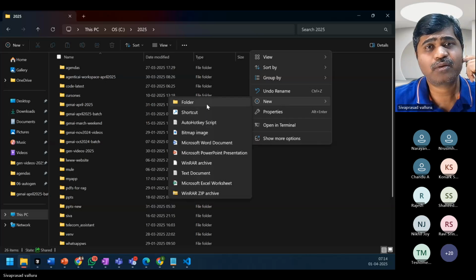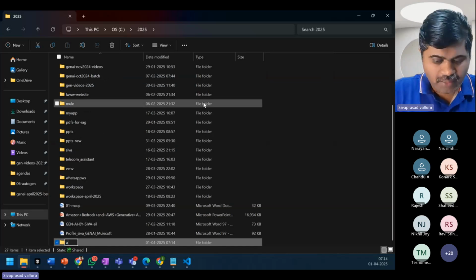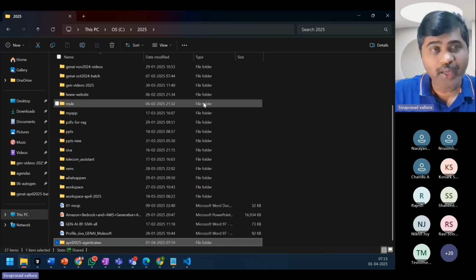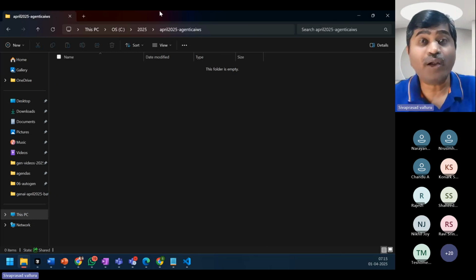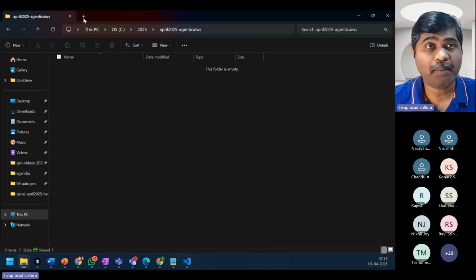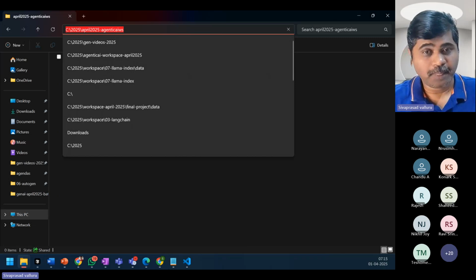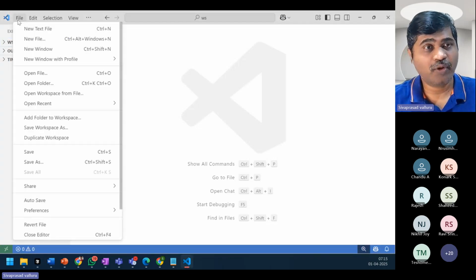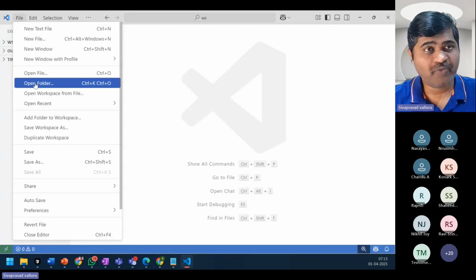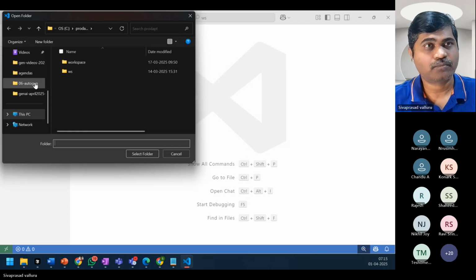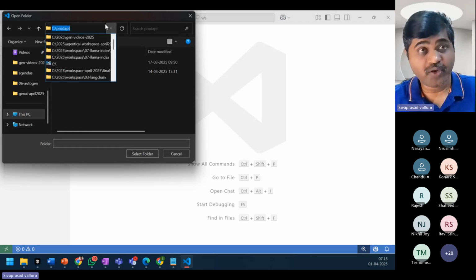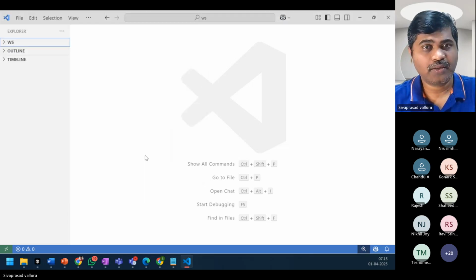I'll create a new folder, April 2025 agentic AI workspace. I want this folder to be my workspace. I'll copy this path, open the VS Code, go to File, Open Folder, and give the folder I created.